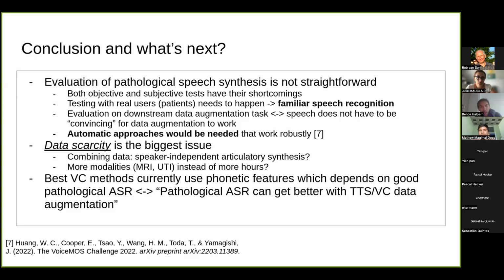Downstream data augmentation is something that we considered could be used. But in multiple different works, I have seen that you don't have to synthesize very natural speech for data augmentation experiments to work. Even if it captures one particular aspect of the variety in the pathological speech,